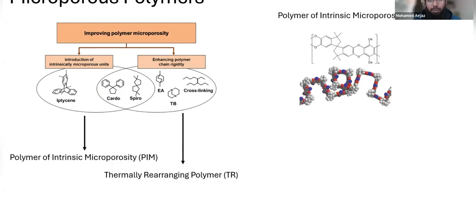So this is PIM, the classic polymer of intrinsic microporosity. And the structure of this looks like this, right? You have a polymer that has many, many fused benzene rings. And if you were to look at a toy model in a computer, you would see that there's a hole here, there's a hole here, there's a hole here, because the way these polymers pack is very inefficient. And then you use these holes to transport gas when you use them as a membrane.